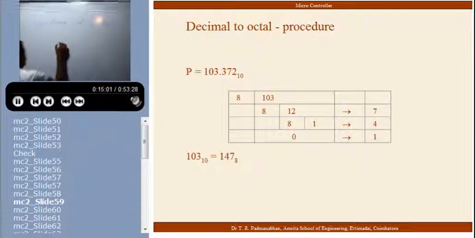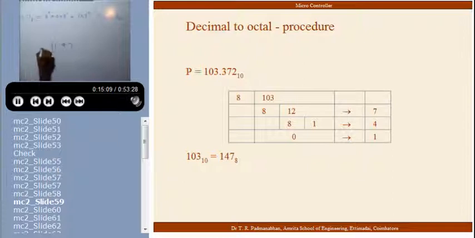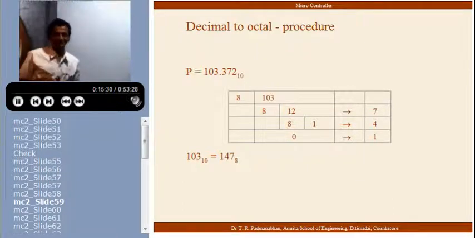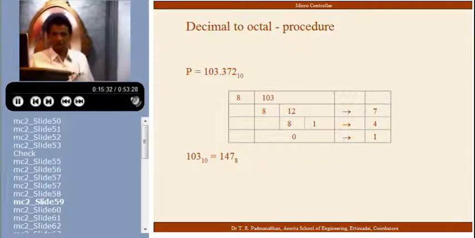Now, if I want to do it in a roundabout manner, I put here the octal number 147. I will divide it by 10 in octal form. 10 in octal form is 1, 2. Am I right? I am familiar with only octal numbers, and I want to convert to decimal form. I will do this, so I will get here 1, 2, 7. You should end up with 1, 0, 3. Am I right? Okay.